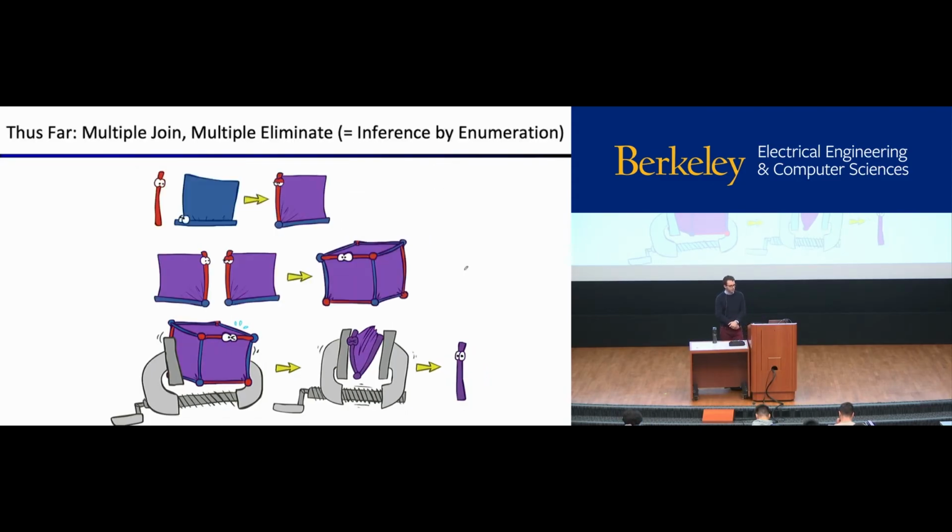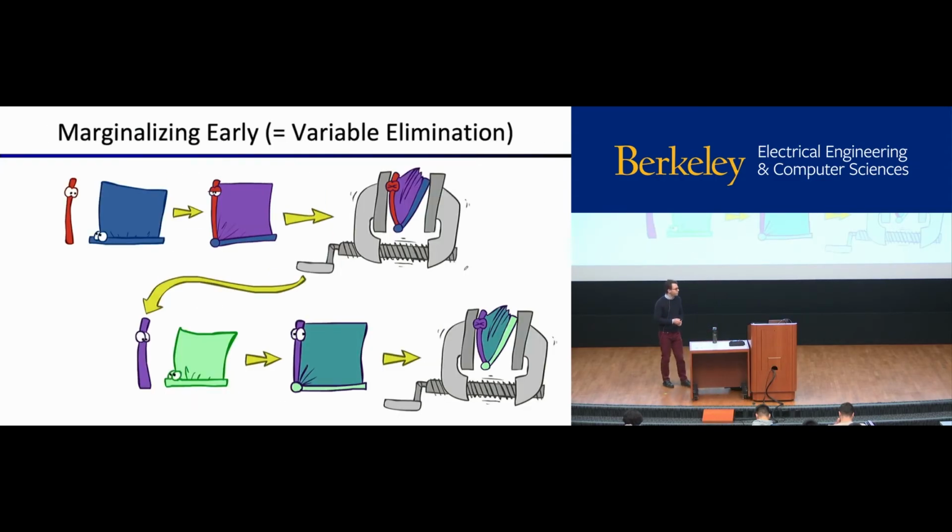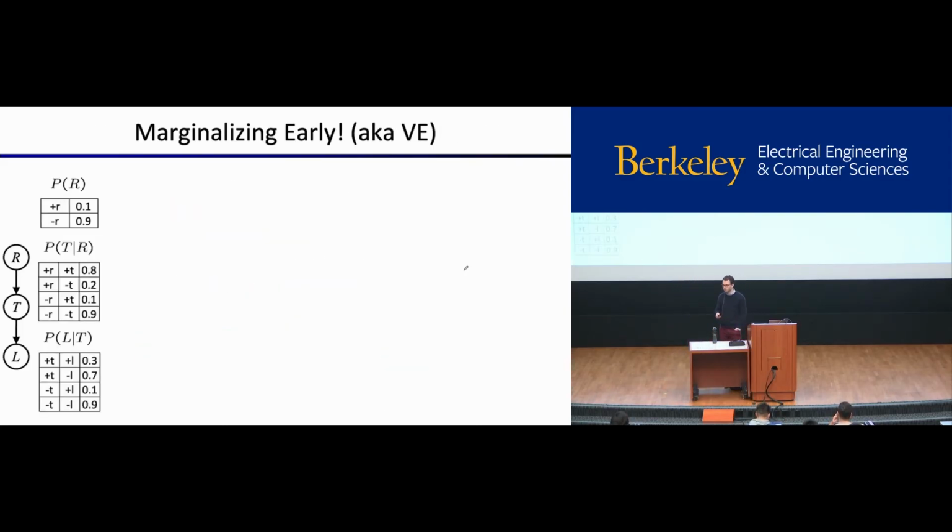Okay, so this is the process where we take multiple joins and then we do multiple summings. What we're going to do instead now is say, okay, my computer's not big enough for that. I can't afford to put these whole joint distributions into memory. So now I want to do things more efficiently. I want to clamp as I go, right? So we take 2 distributions. We realize, you know what? I actually don't need one of the variables. We clamp them together. We get this purple guy. We multiply that by the green guy. And then we have this distribution. Now we realize we only need one of them again, and so we clamp it, right? Clamping as we go, marginalizing early. This is variable elimination, eliminating variables as we go.